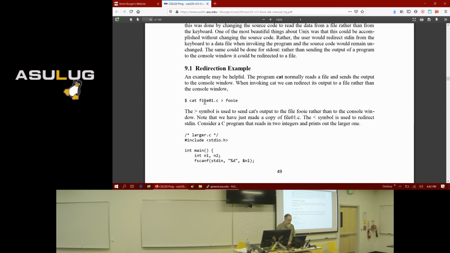In this case, I've got a file named file01.c, and normally when you cat, it will send the output to the terminal window. Cat is a command that you can use to just send the contents to the terminal. If I want to send the output to a file, I do greater than, and then I give the name of the file. If you want to try that out with something. This is called I/O redirection. We're redirecting the output from the terminal to an output file.